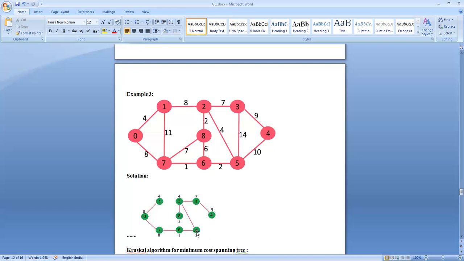I should not select this one, because if I select it, I put myself into a loop. Among this 9 and 10, which is minimum? 9 is minimum. So the edge between vertex 3 and 4 is selected, and this is the final minimum cost spanning tree that is generated.